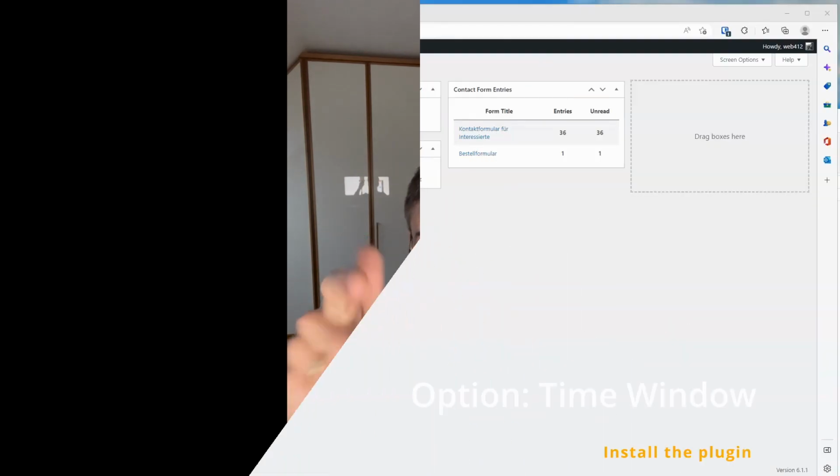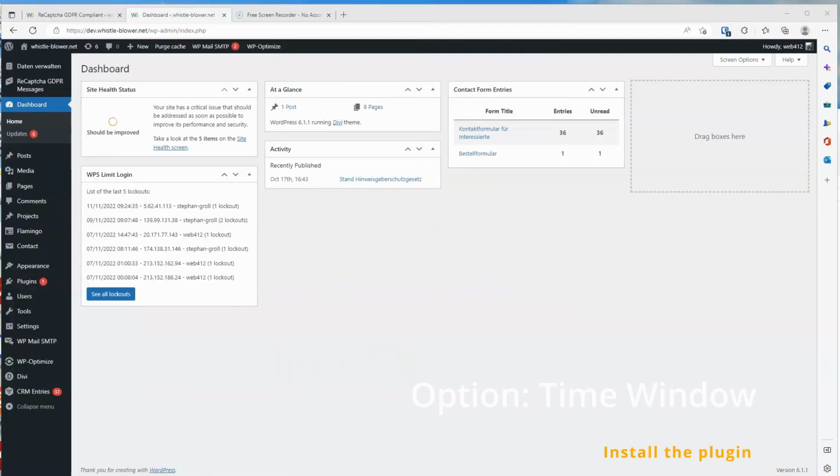If you have a WordPress webpage and you're looking for an effective way to protect all the forms on your page from spam, and if that spam protection should be invisible to the user, GDPR compliant and track no user data, and it should be free, this video is made for you. I will show you how you can install and administrate the GDPR compliant ReCaptcha plugin for all your forms in